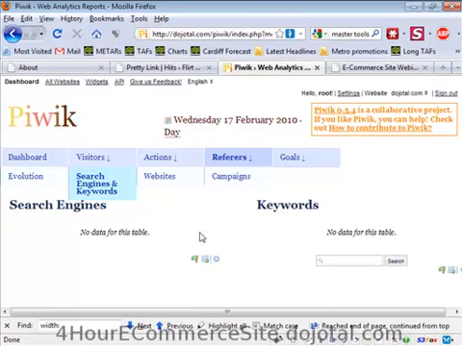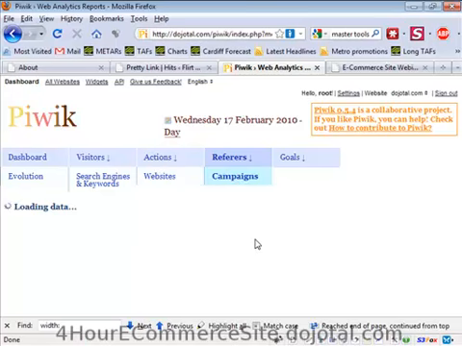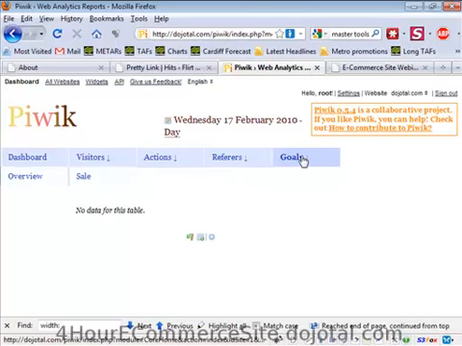Search engines and keywords, in this case, isn't going to show much for this site because, as I've said, I haven't done much SEO with it. Websites and campaigns. I can't do a great deal with those because I don't yet fully understand them. Goals overview,